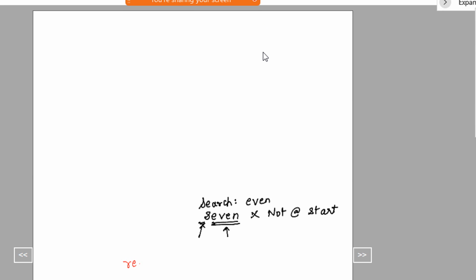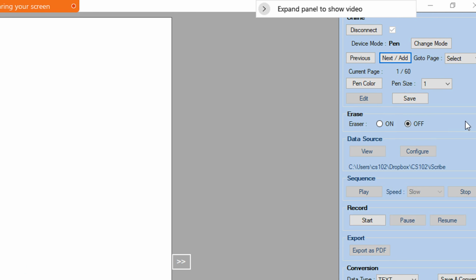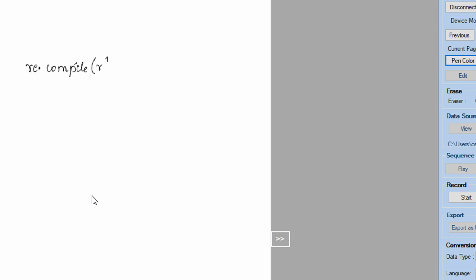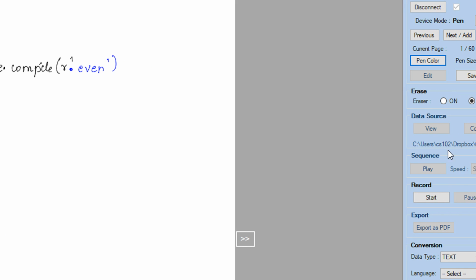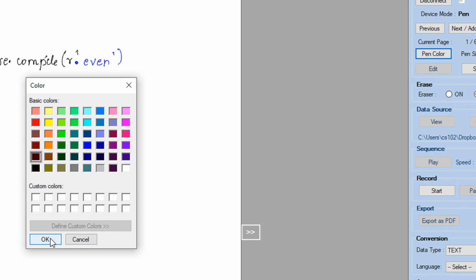When I write re.compile raw dot even, let me keep the pen color brown.